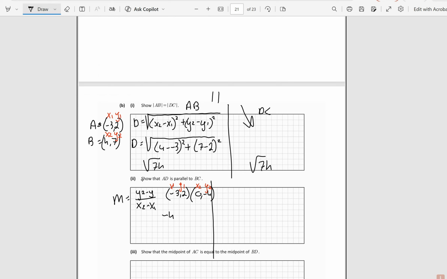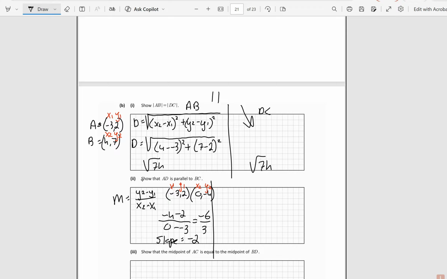Y2, so it's minus 4 minus 2 all over X2, 0, minus 3. Minus 4 minus 2 is minus 6 over 3, which is a slope